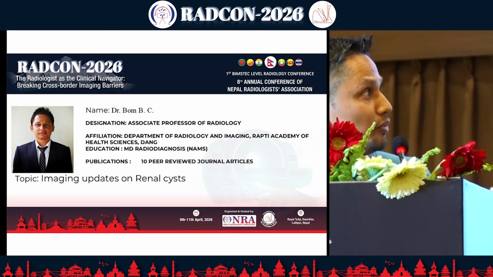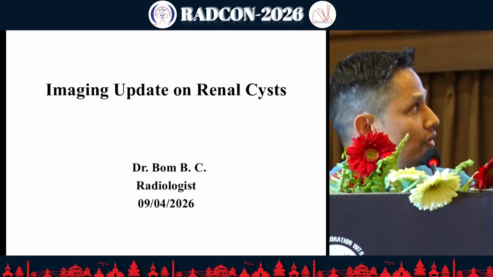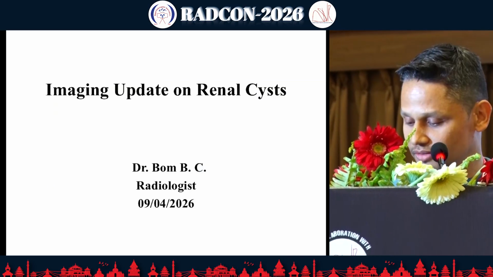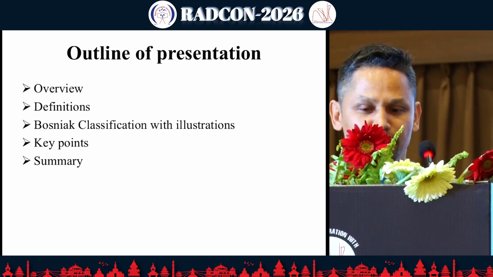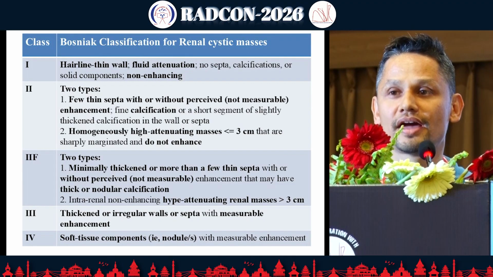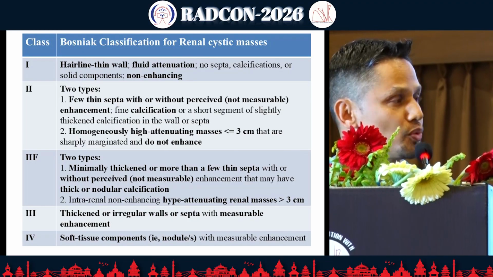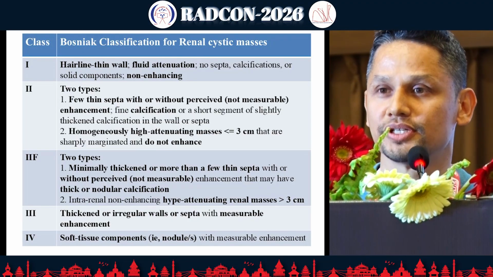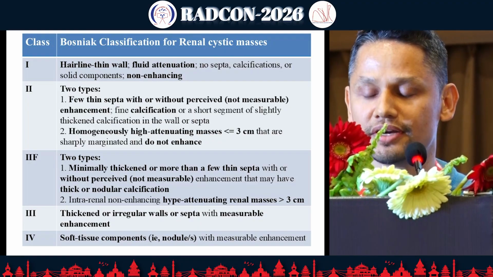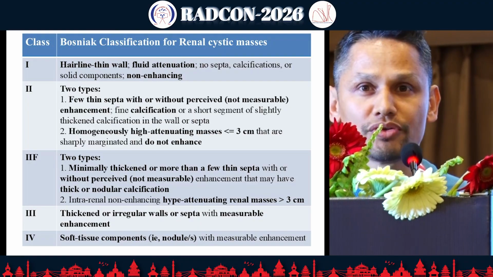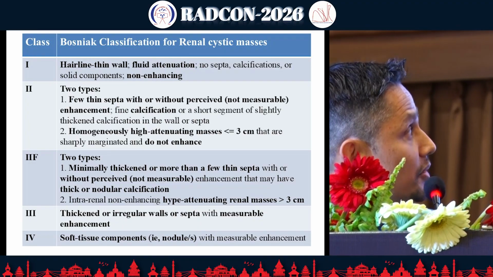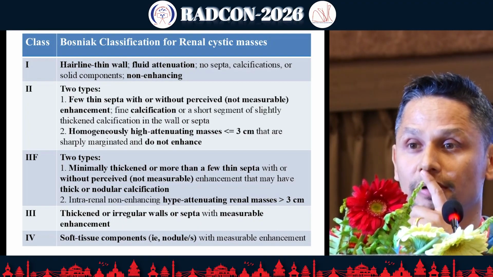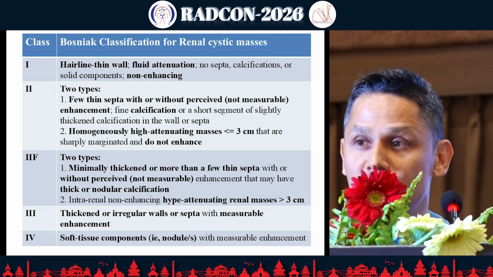I'll be, without delay, talking on my topic, imaging update on renal cyst. So this is the old classification. Initially, in 1986, the Bosniak classification was adopted by Morton and Bosniak in 1986, and this is the 2005 classification, the older one. In this table, I'll be highlighting the important points that have been updated in